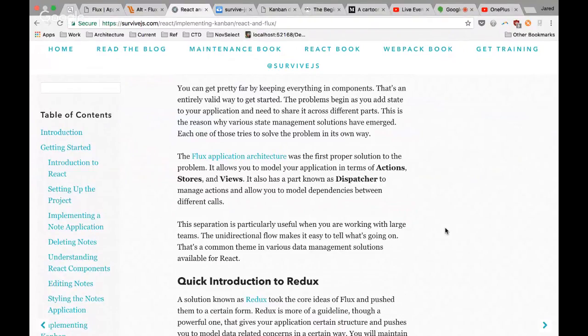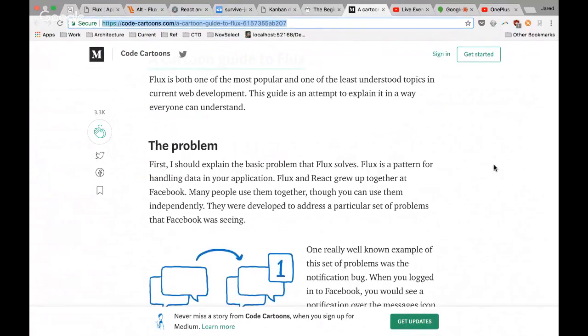When you have something very small and simple, it's easy to manage how your data is changed and transformed. But when you start getting into large applications, there's a lot of complexity in managing your data. And I think a good example of that is brought up at the start of this cartoon intro to Flux